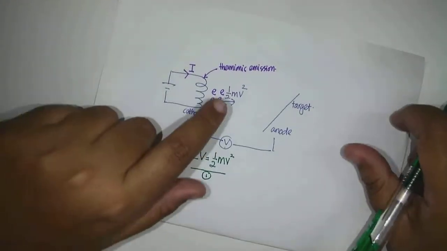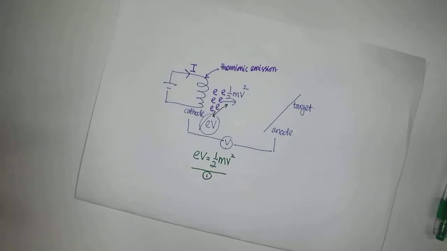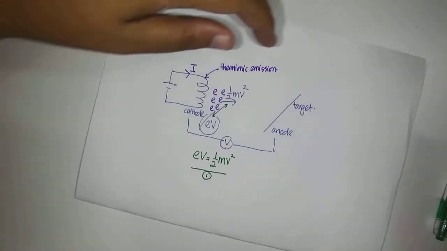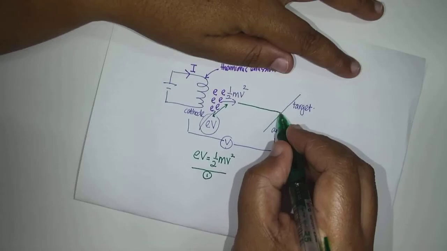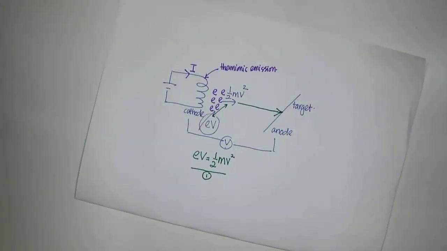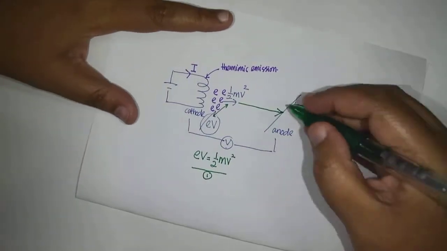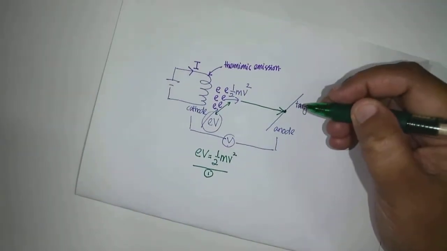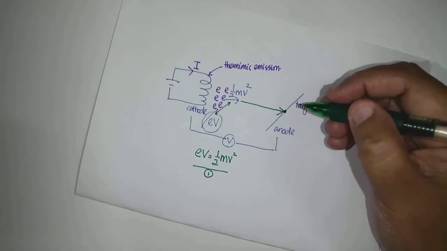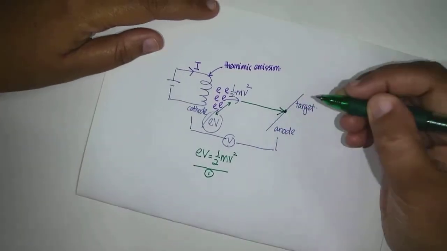Now when the electron, which possesses a lot of high kinetic energy, is set free, it will start to move very fast. It will go and hit on the target. It will impact on the target. When it impacts on the target, the electron, which is moving with a very high energy, suddenly comes to a halt. It decelerates very fast in a very short time, rapidly, as it hits the target.